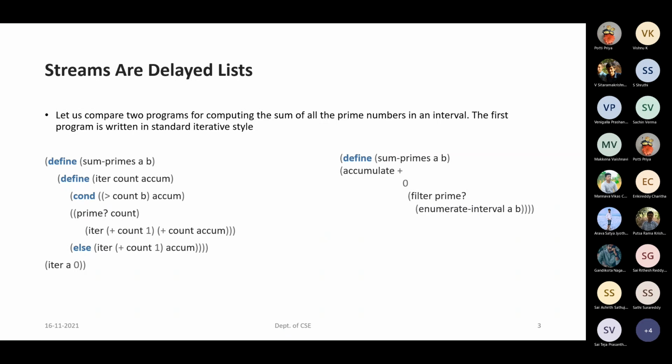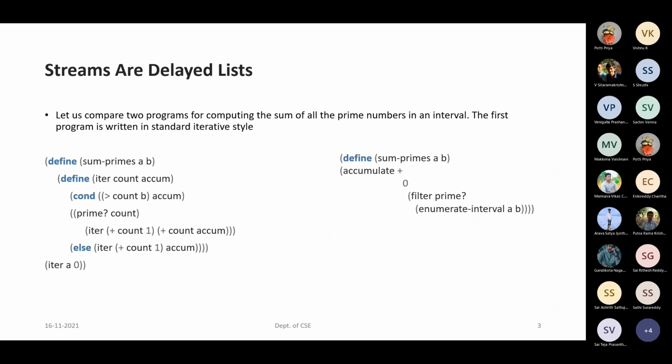If it is a prime number, we are supposed to add it. For that purpose we call this iter procedure once again, incrementing the count and accumulating. Accumulate was initialized with 0, and each time the previous count value will be added to this accumulate part.